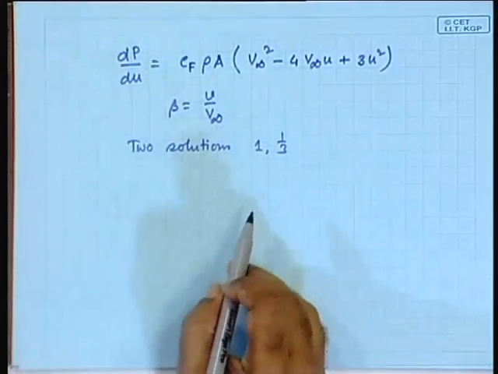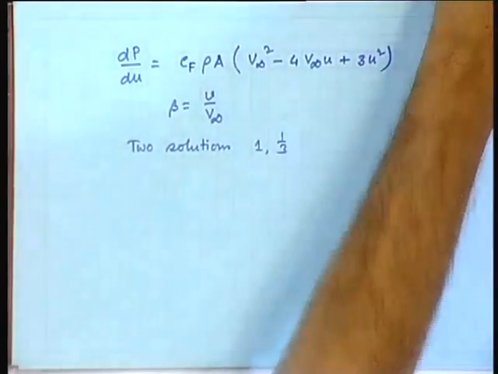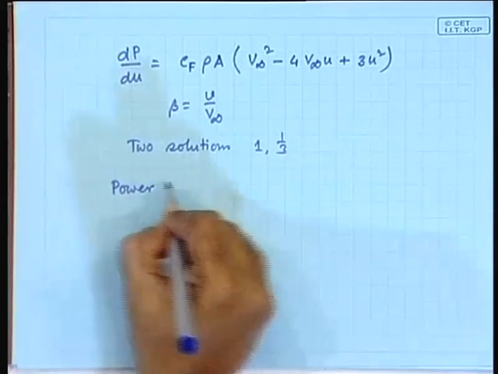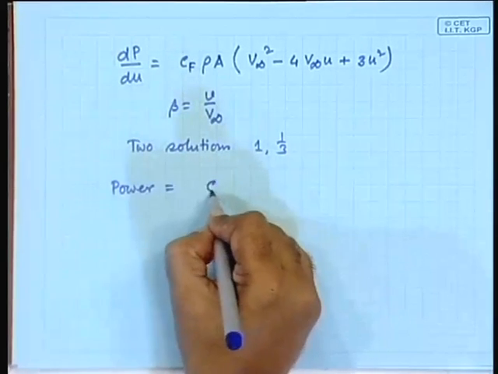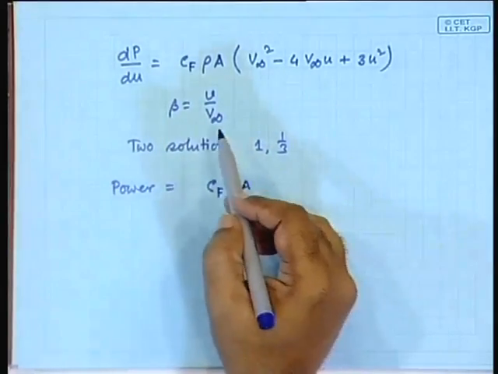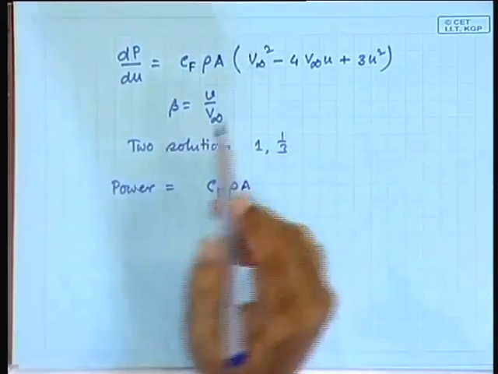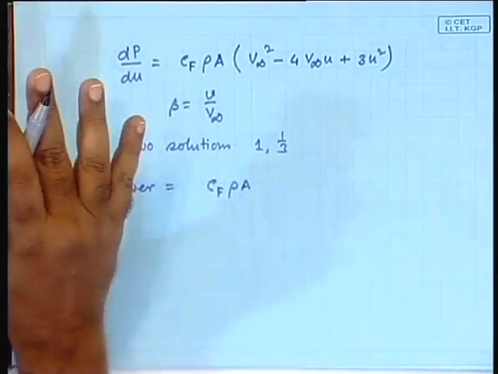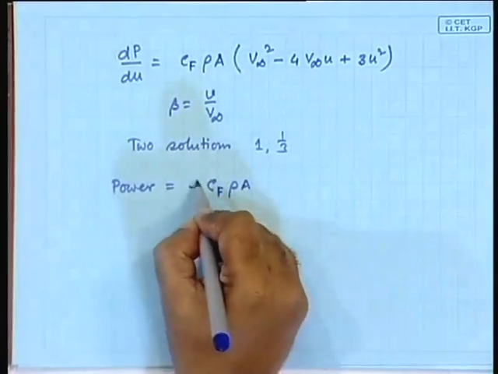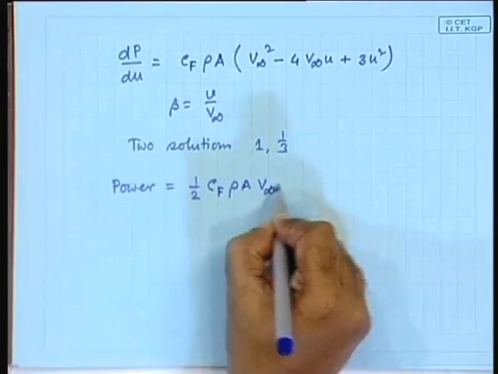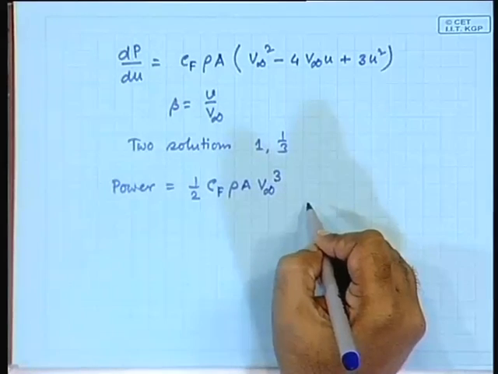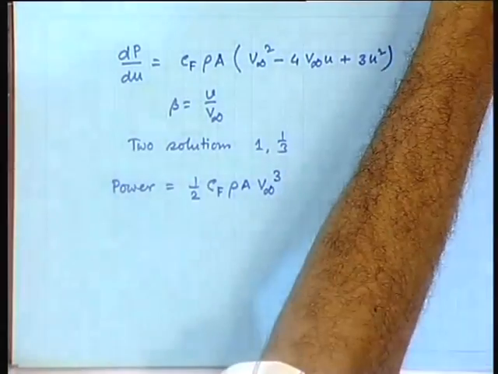Now, what does this imply? What will be the total power output? Substitute that here, you get power is equal to Cf rho a, no, I want half rho a v infinity cube to be out and things expressed as a coefficient of that. Okay. I want half rho a v infinity cube to be out and then something to be multiplied with it. Yes, if you substitute this in here,